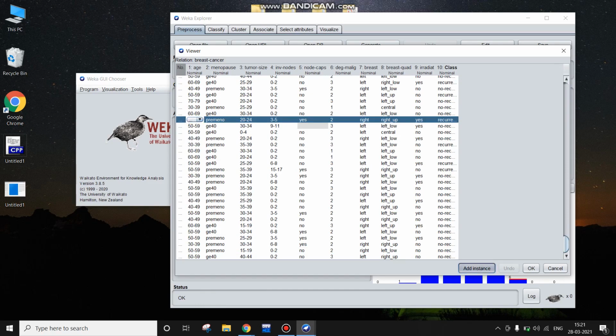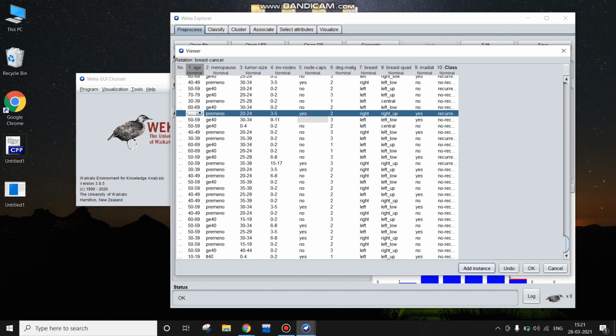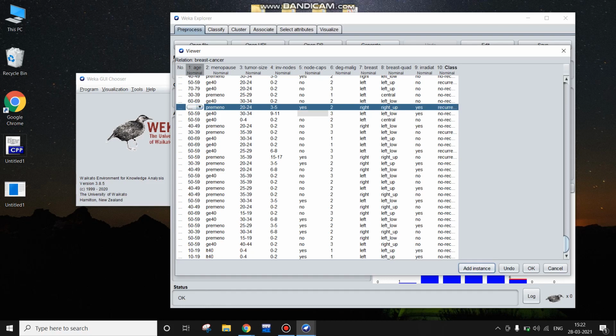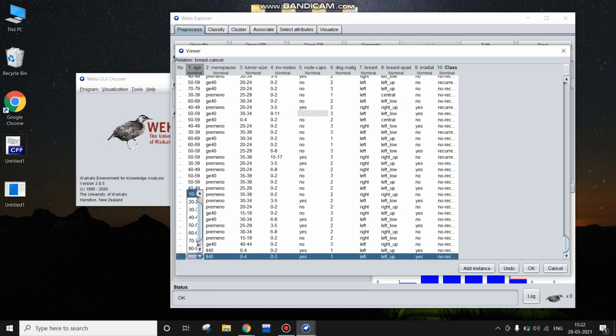By clicking on the add instance button, you can add one instance. This instance will be added at the end. See, there are now two instances with this. These are some default values which are already filled. These are basically the first category itself selected, so you can change these values. You can also undo your changes, and you can also delete the record.